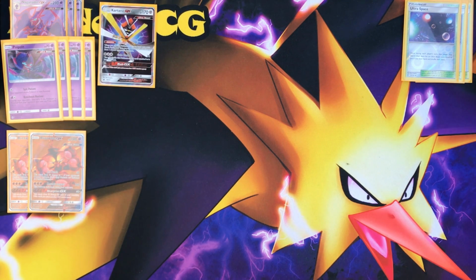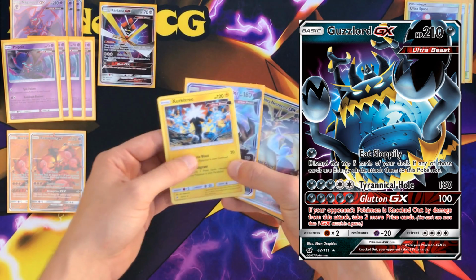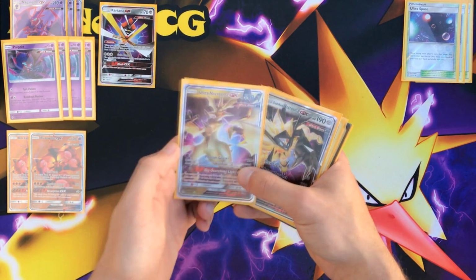Also, you have other shenanigans. You can try it out with Guzzlord GX and the regular Guzzlord from the Forbidden Light set. There are a lot of Ultra Beasts you can choose from. Even Xurkitree GX could be situational from time to time. Dawn Wings Necrozma with a Float Stone can be your free retreat every single turn, and Ultra Necrozma just has an